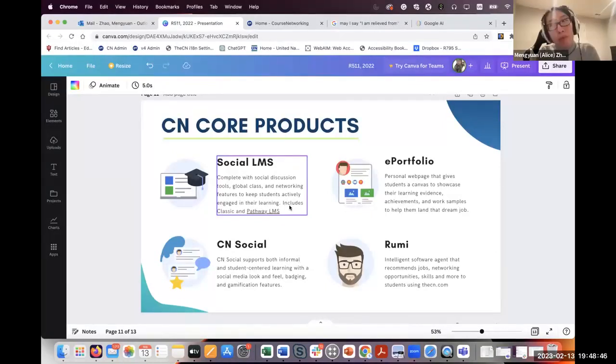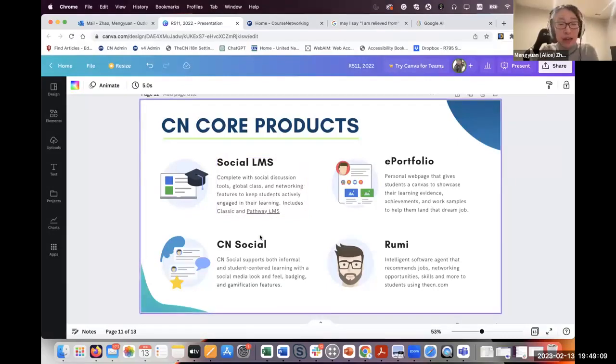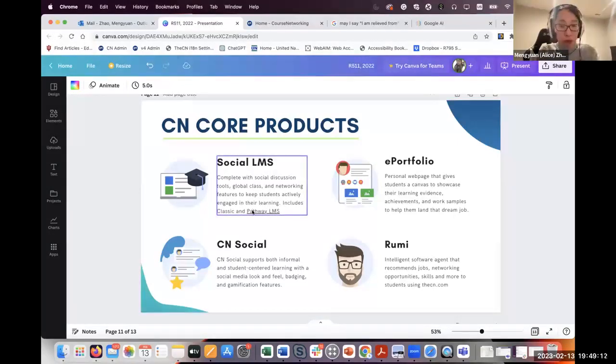And I think about 2 to 3 years after we developed the first version of the Course Networking platform, we realized it's really difficult to convince institutions to switch from their current learning management system to another one, because committing to a learning management system is such a big thing to most of the institutions. And so based on that, we crafted a minimized version, which is called CN Social.